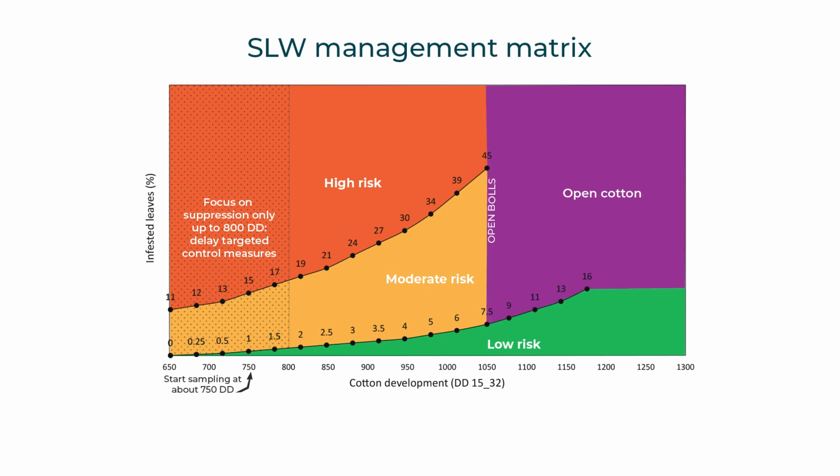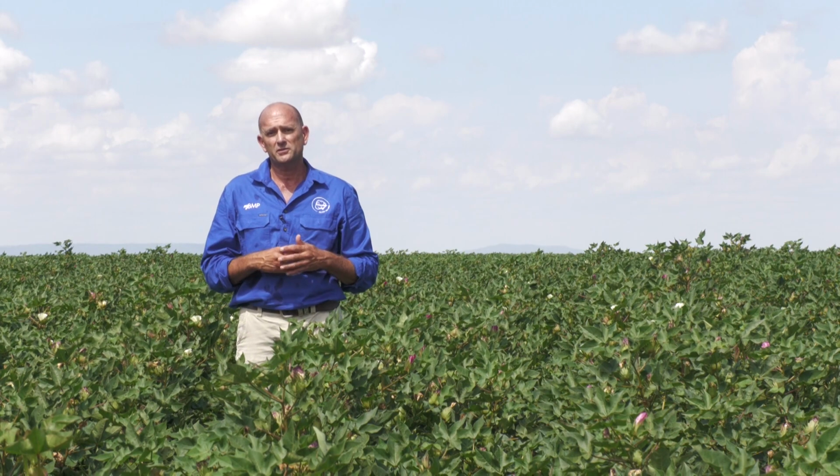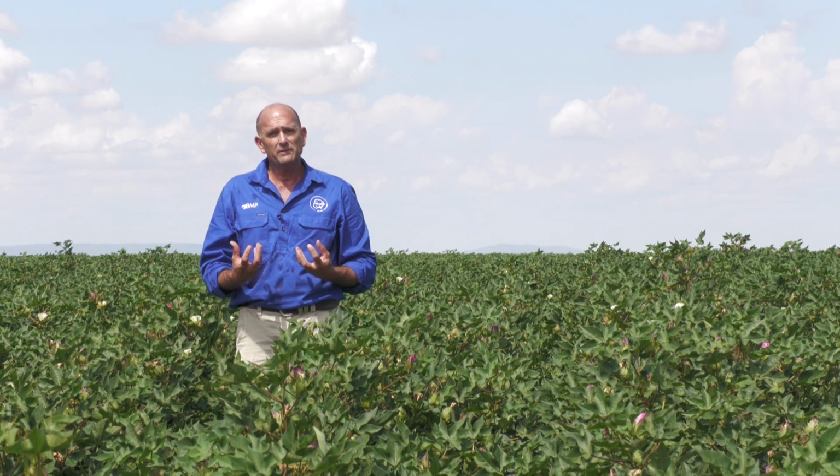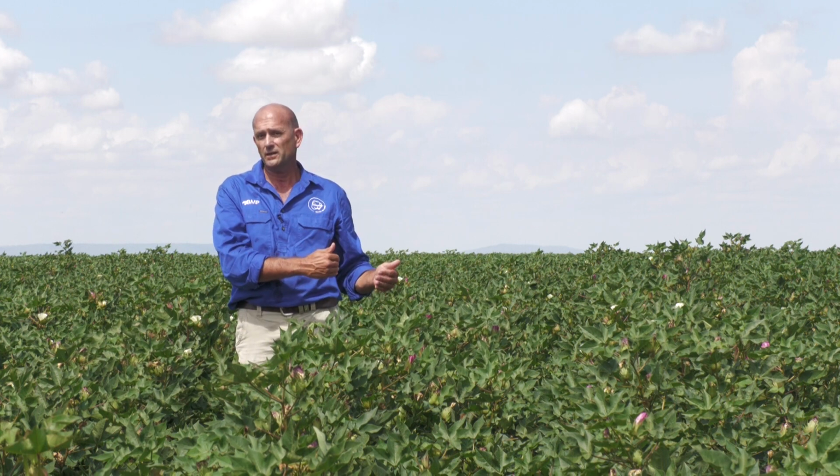When we get to the open cotton stage, we no longer progress with the moderate and high risk population trajectories, but we do retain the low risk population trajectory. The reason for this is that from that open bulb stage onwards, we really want to focus our management on preventing honeydew. So our management decisions during this period will basically revolve around assessing the efficacy of any products that